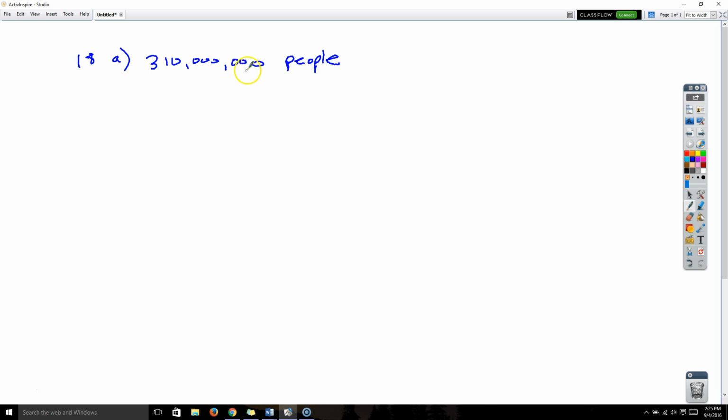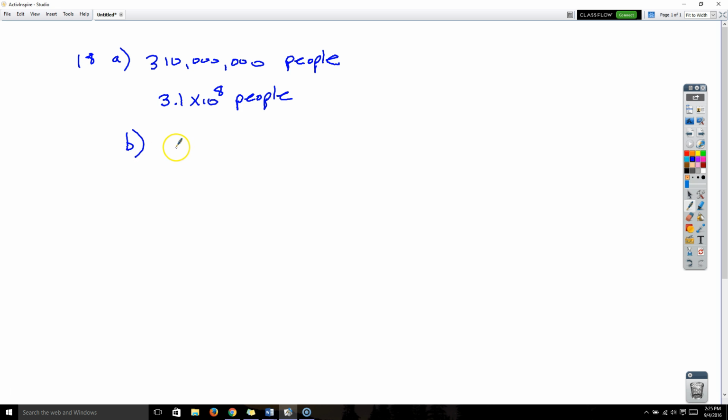You'll notice that I'm going to go 8 places to the left, so I'm going to put 3.1 times 10 to the, and then that 8 tells us how many places we moved people. So much easier to recognize this number than it is the larger number, and less prone to having us make